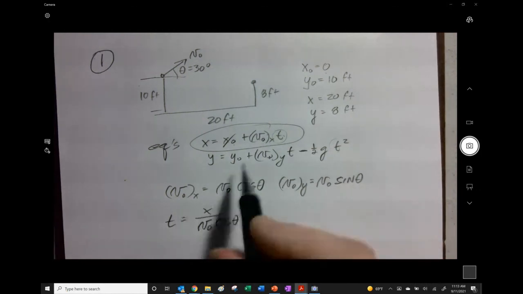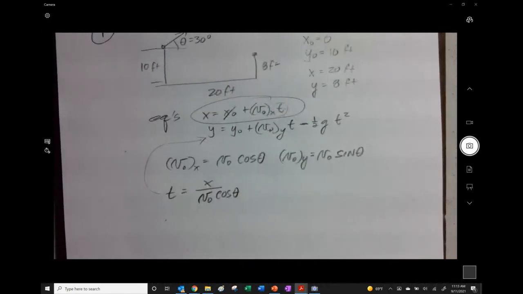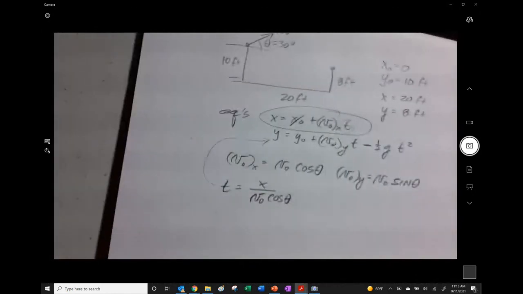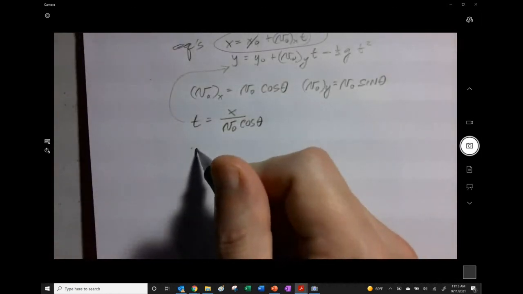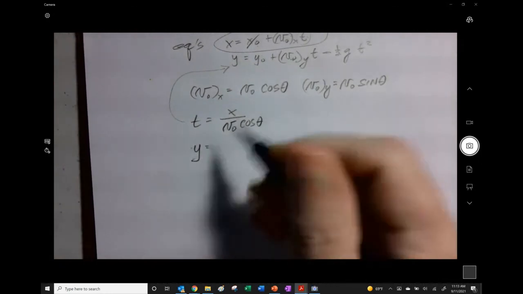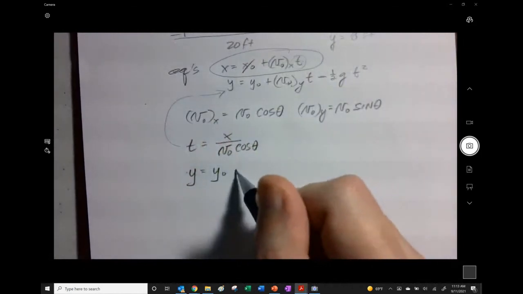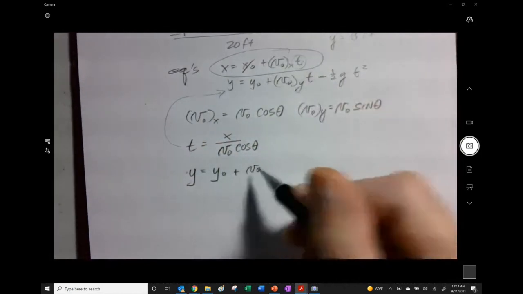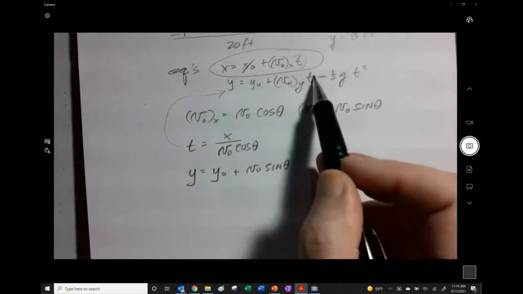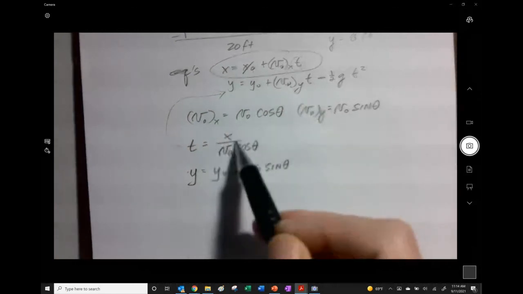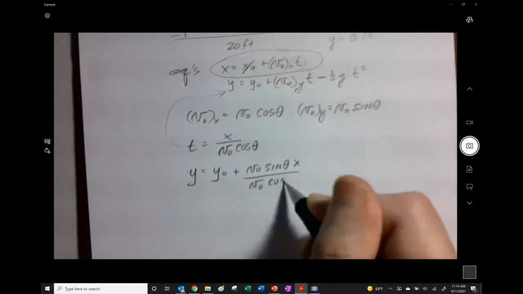And we could put this guy back into this equation right there. I don't have enough desk space here. I don't know why that is. So we get y is equal to y naught plus V0 sine of theta. We're going to replace that time with this right here, so that becomes x divided by V0 cosine of theta